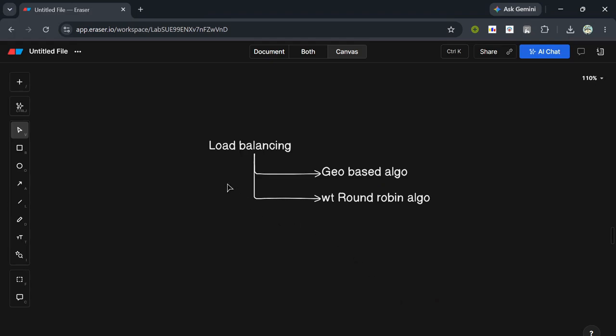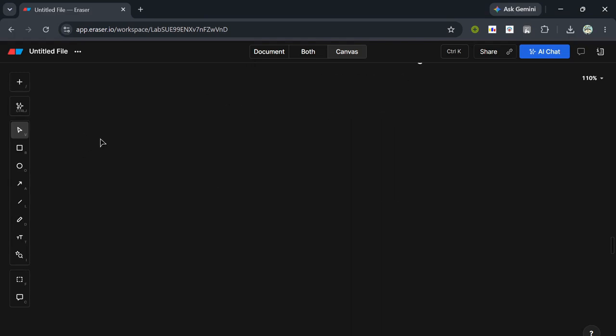Let us look at two more algorithms for load balancing, which are geo-based algorithm and weighted round-robin algorithm. Let's get started with geo-based algorithm. In geo-based algorithm, what happens is the load balancer basically allots the request to different servers depending upon the user's